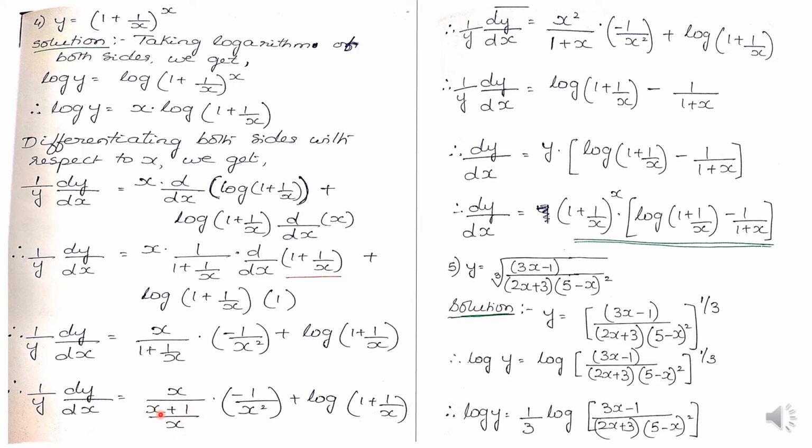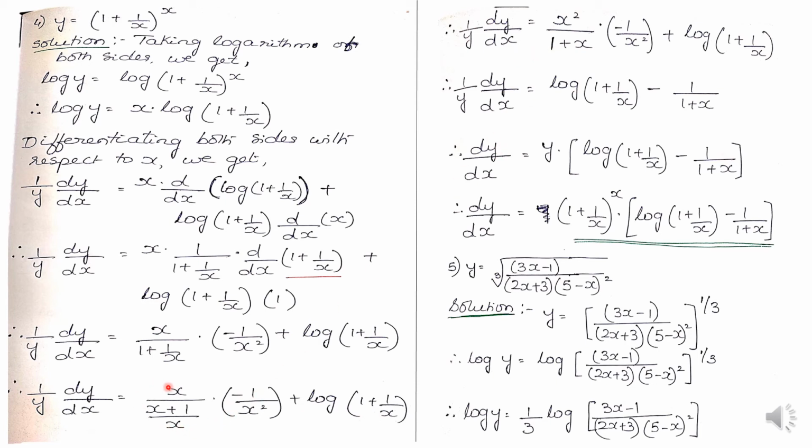Now in the next step, what have we done here? Can you find out the change over here as compared to the previous step? Yes, we have multiplied the denominator over here. In the denominator, a fraction is given, that is 1 upon x. So there we have equalized the denominators. We get in the denominator the expression x upon x plus 1 upon x, and the remaining part remains the same.